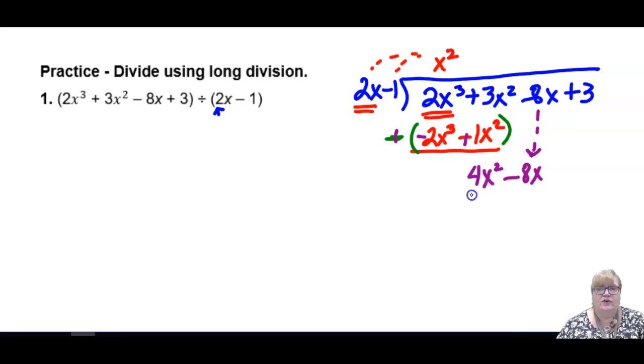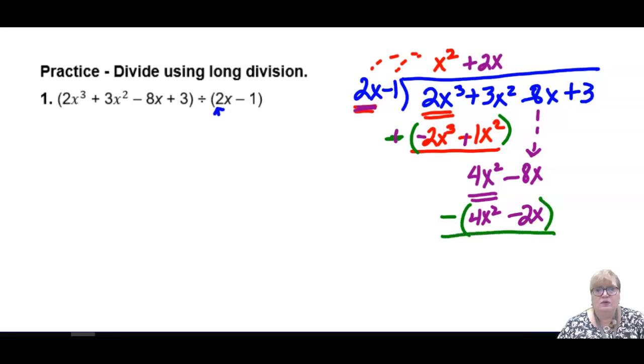Then you're starting over. You're looking at this first term and this first term here. So to become exactly 4x squared, a 2x would need to multiply by a positive 2x. So 2x times 2x will become 4x squared. 2x times negative 1 will be minus 2x. Then we are subtracting this quantity,